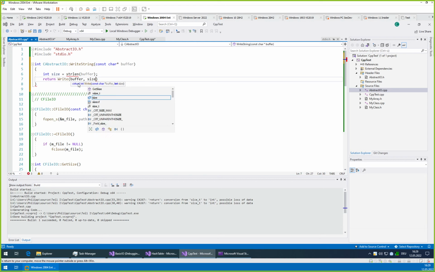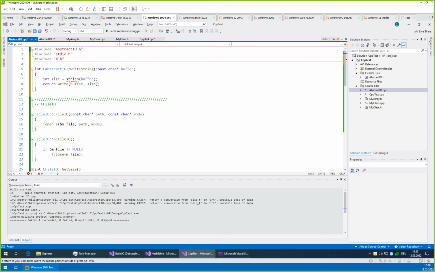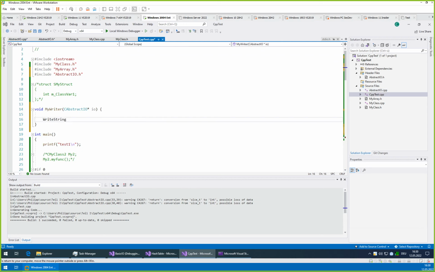And now sure, we could in principle just copy this and put it here. Yes, we are missing something: string.h contains strlen. Yep. So now in our writer we can just make IO write string and then test123 \n, and then write a few things.